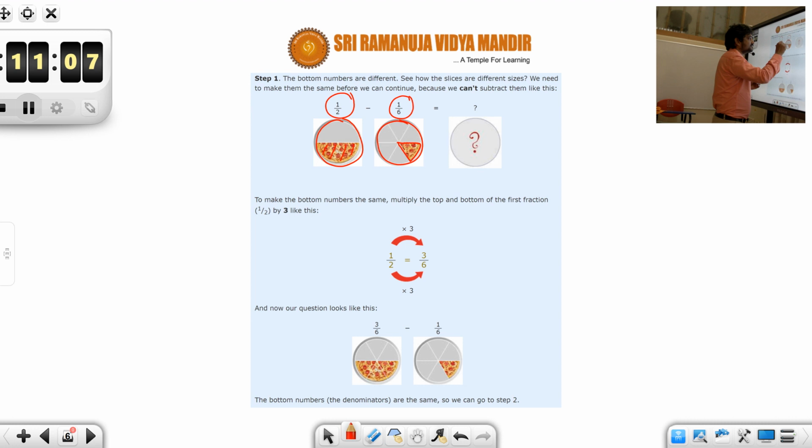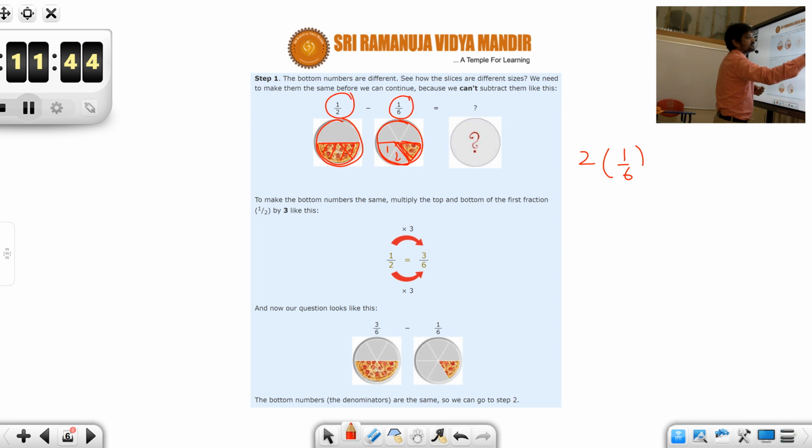So out of this remaining half, you want to eat 1/6 of the pizza. Then how many parts would be left? Students, from the diagram you can clearly observe that if we divide this half into 3 parts, each would be equal to 1 by 6. Still, how many parts would be left? This entire thing would be left. That would be equal to 2 1 by 6 parts. Even pictorially you can tell the answer as 1 by 3.